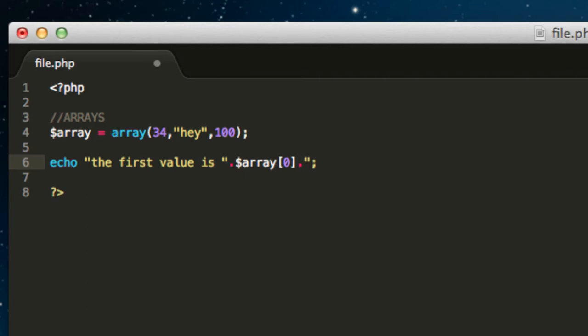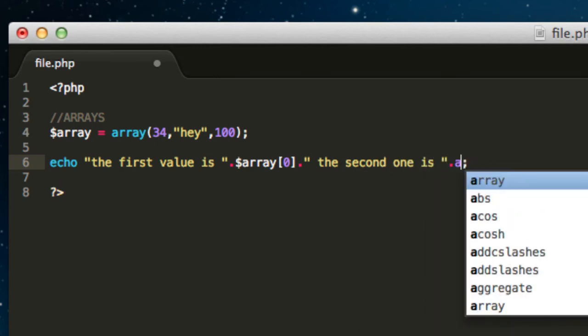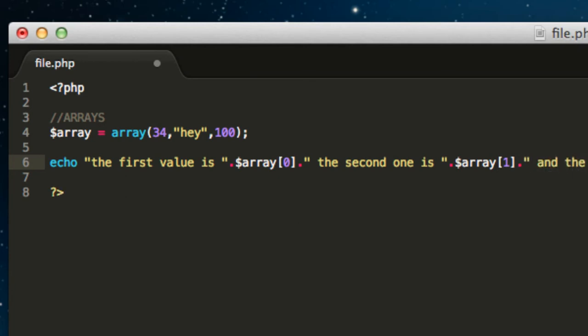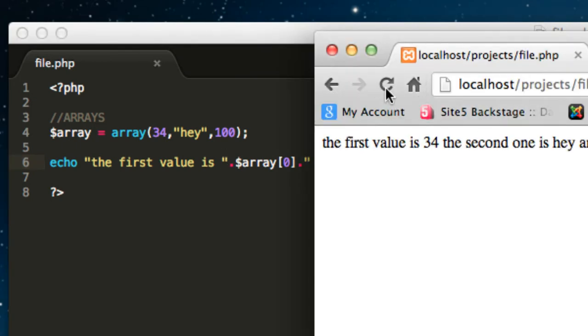And you can also type, for example, the second one is, and I type in $array, because this is my variable obviously, and type in 1, and the last one is array 2. So now we can access all three of our variables,